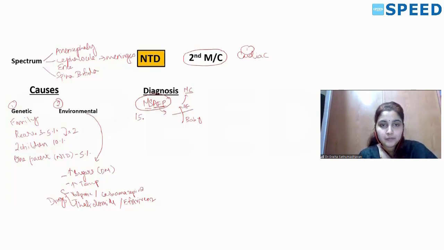And you can detect this in the mother's blood sample. You do this between 15 to 20 weeks of gestation. And if the value is more than 2.5 multiples of median. Multiples of median means in a normal patient without any neural tube defect, you take the value of maternal serum alpha-fetoprotein. You consider this as the standard, and that will be 1 MoM. And if the patient with neural tube defect has a value more than 2.5 times the normal value, that is when you call it 2.5 times MoM.